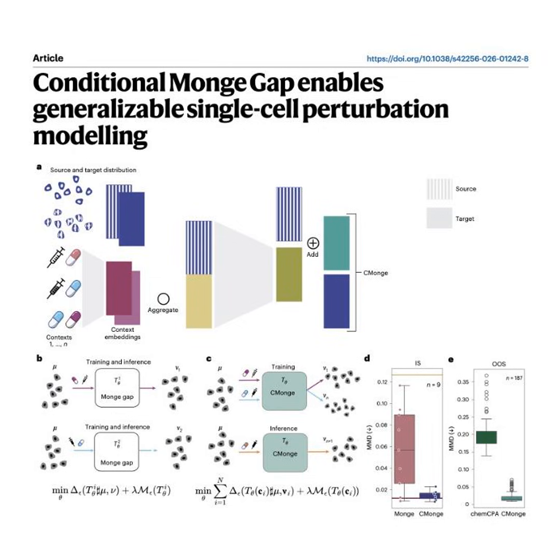Baseline models like ChemCPA are just predicting the average cell reaction. They look at the distribution and say, on average, the cells end up right here. So they draw a dot in the middle. Right. But human cells are not identical clones operating in perfect unison. They are incredibly diverse. Right. Even within the exact same tumor, cells are at different stages of their life cycle, or they have slight differences in their microenvironments. Exactly. CMonge, because it is fundamentally based on optimal transport, doesn't just predict the mean.